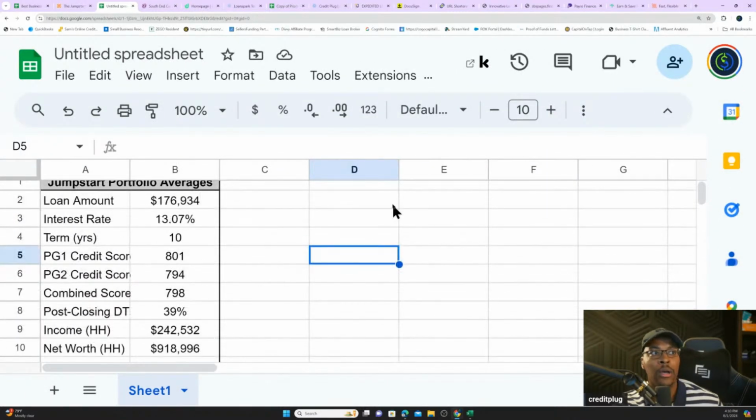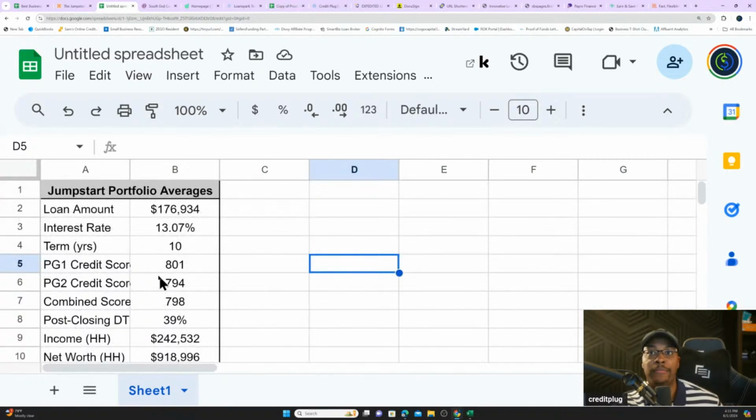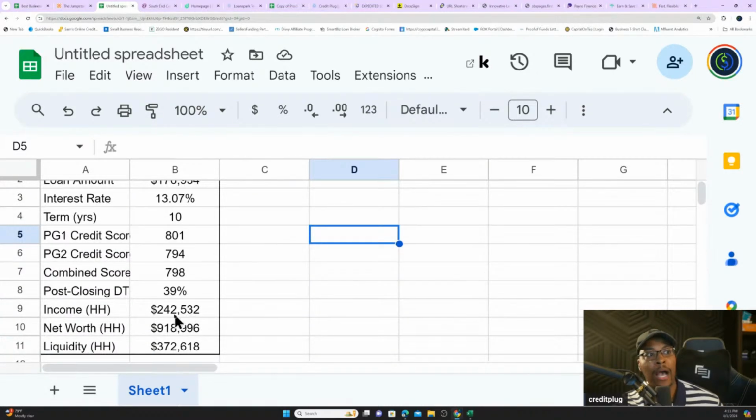So right here, there's some summary information on the Jumpstart loan portfolio, right? The average loan amount, and again, this is just looking across the portfolio, is $167,000, interest rate 13% on a 10-year note. And the average credit score, as you can see, is hovering in the high 700s to low 800s. Post-closing debt to income, 39%. Household income, about $242,000, net worth about $918,000, and average household liquidity,